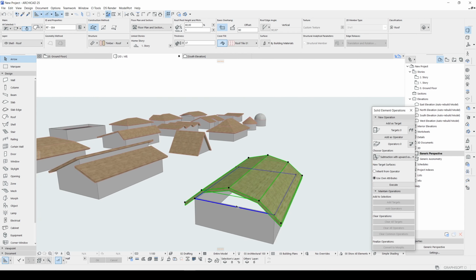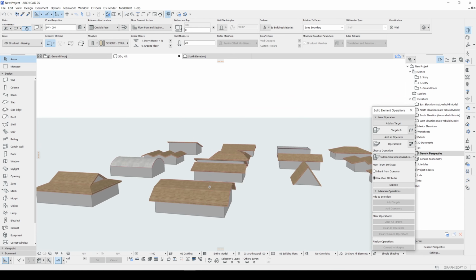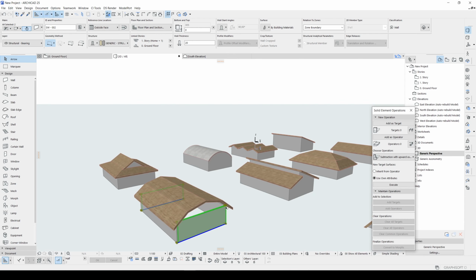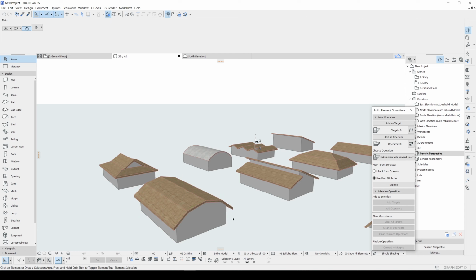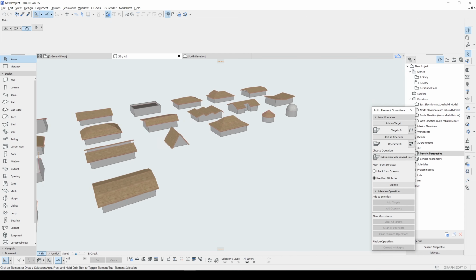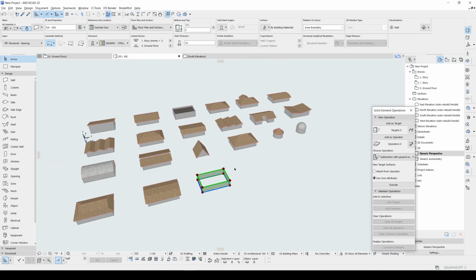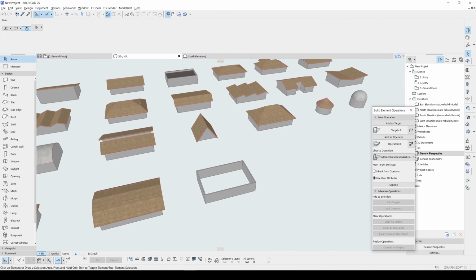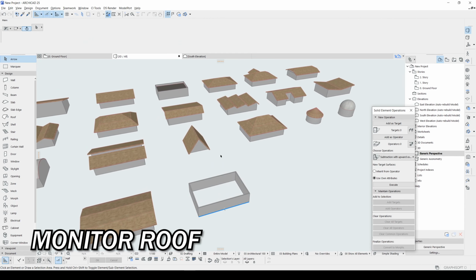There we go. Now the only thing is going to be trimming the side from the roof. And this was the gambrel roof. Now we are at the final. This is going to be monitor roof. Let's make it from scratch.